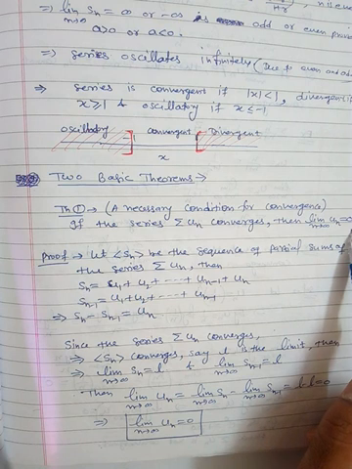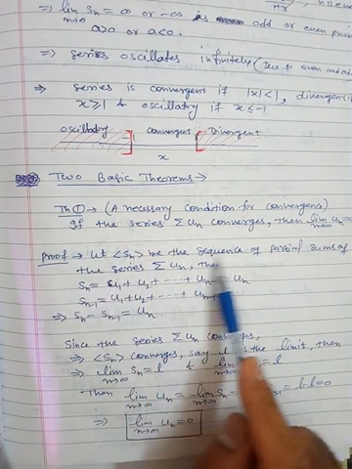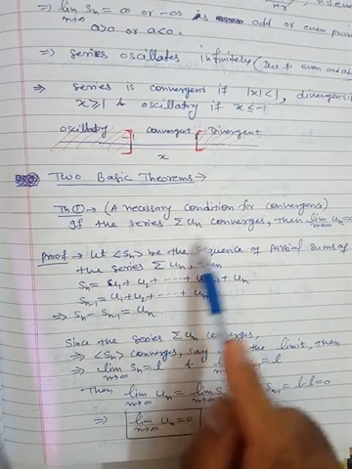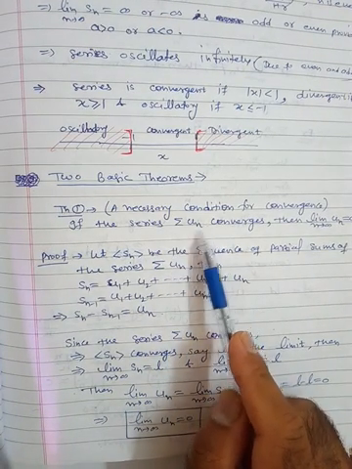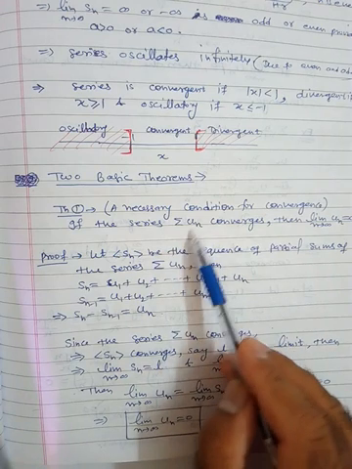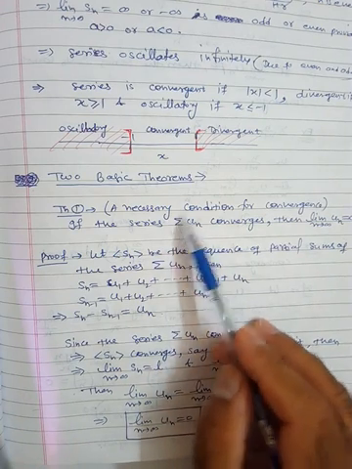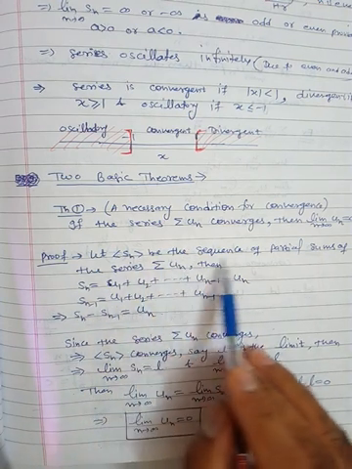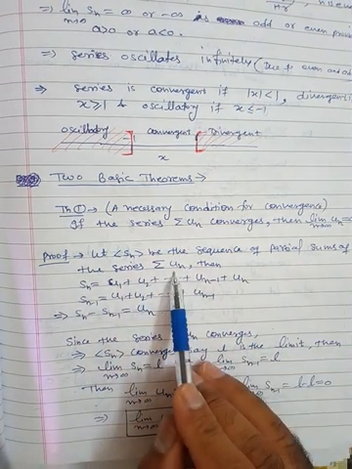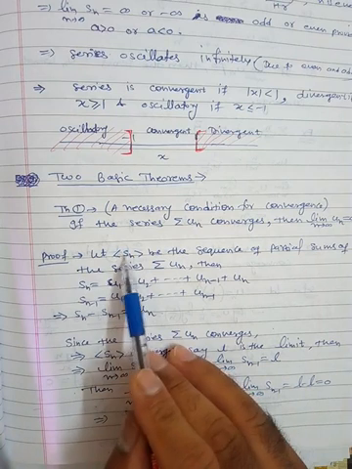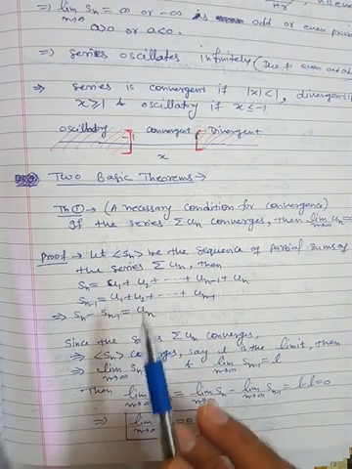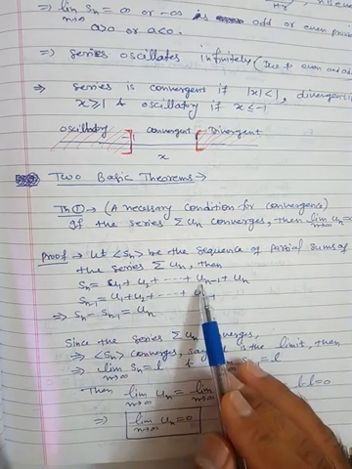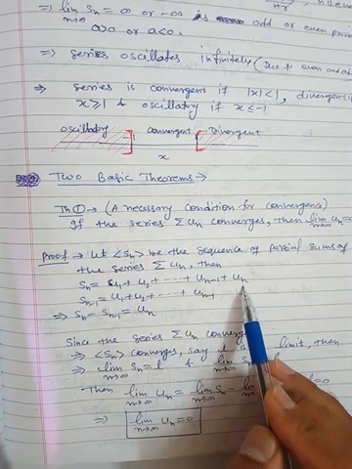Let Sn be the sequence of partial sums of the series, because here we are discussing the convergence of the series, and generally the convergence of the series is handled with the help of convergence of the sequence of partial sums. So what is Sn? Sn is the sum of the initial n number of terms. So Sn is u1 plus u2 plus ... plus un minus 1 plus un.